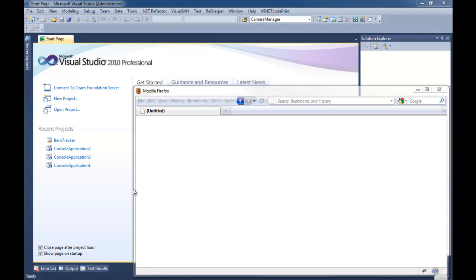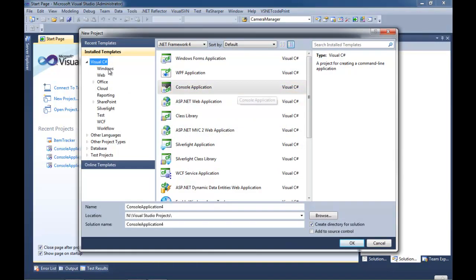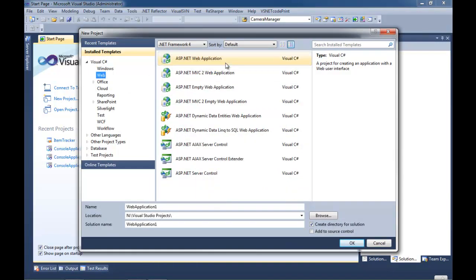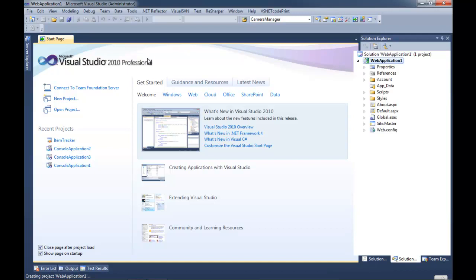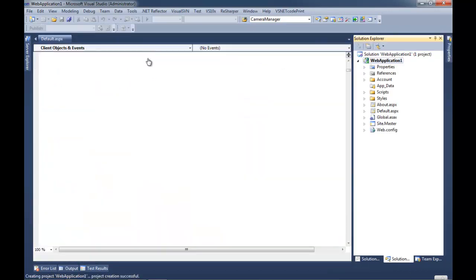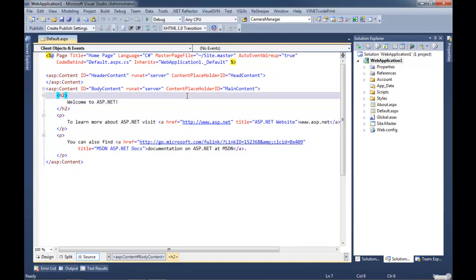Well, that's kind of what ASP.NET does. It provides a, and you know what? Let me just fire up a new project. We're going to go into Web, and we're going to select ASP.NET Web Application, and we're just going to call it Web Application 1. Let it spin its wheels for a while, like Visual Studio likes to do. And this is an ASP.NET application, and I can go ahead and hit Control F5, and I can launch it.